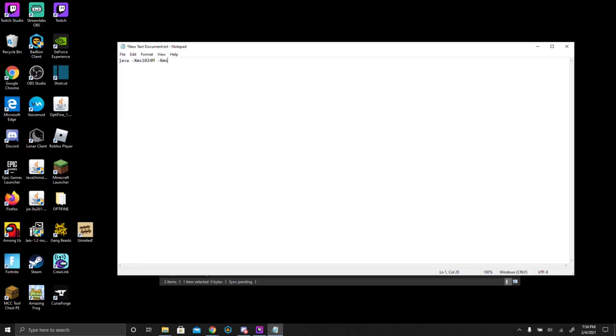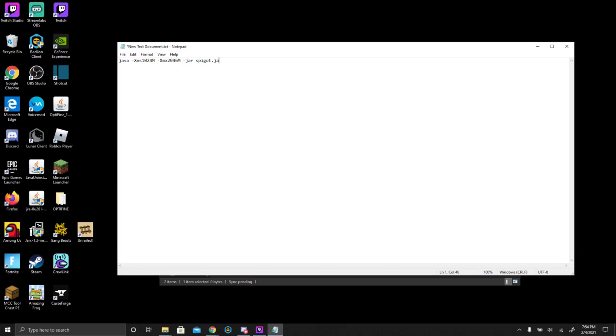Now this is the max, and depending on how good your computer is and how much RAM it has, you can put a number. So the max that we're going to use for the video is 2046. Boom. Now what we're going to do is put dash jar space